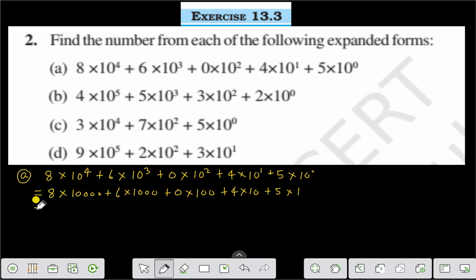That is equal to 8, how many zeros? 4 zeros, 80,000, plus 6000, plus 0, plus 4 times 10 is 40, plus 5,